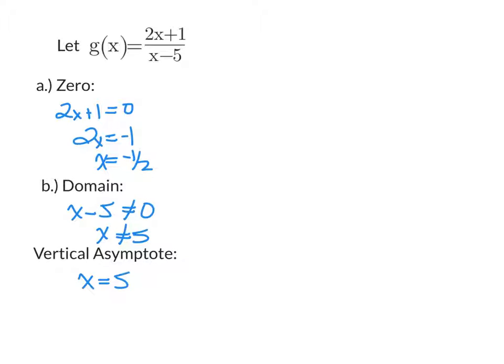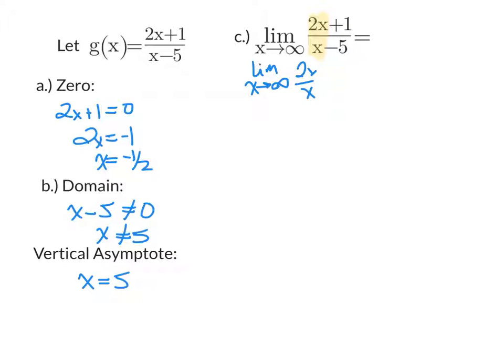In part C, we want to find what the limit of the fraction is as x approaches infinity. And since x is getting very, very large, the only thing that's important, again, is those leading terms in the numerator and the denominator. So this limit is going to be the same as finding the limit as x approaches infinity of 2x over x. Well, of course, those will cancel, and that'll be the same as the limit as x approaches infinity of 2,